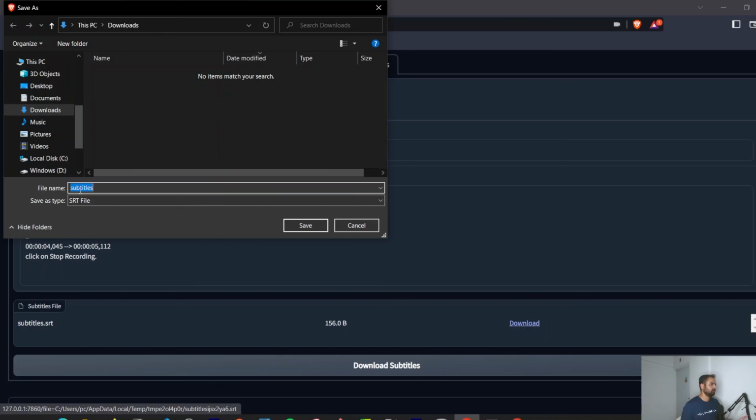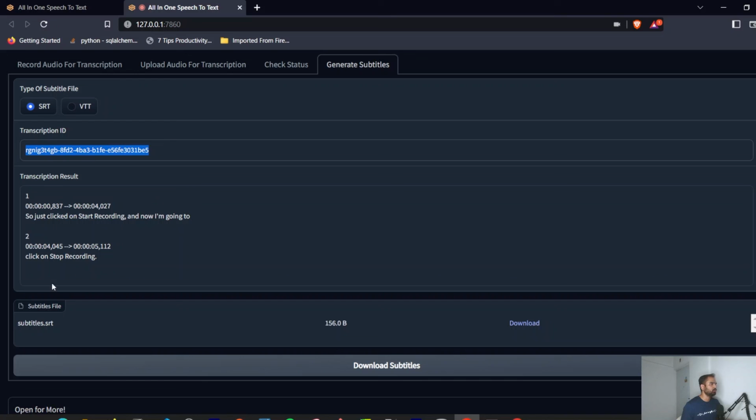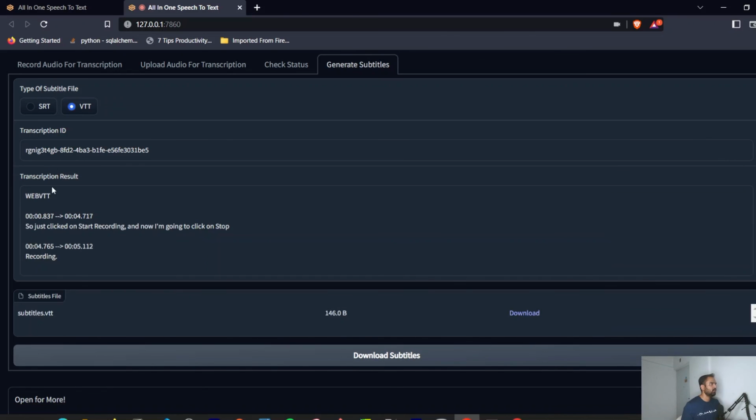There's a limitation on this file length as well. What I'd done earlier is I tried to use this ID to save the file, but it was getting too long. So this is perfect. If I just download the subtitles, the WebVTT is available and subtitles start. So if I just download this,